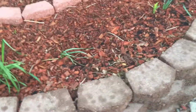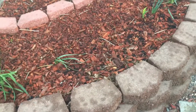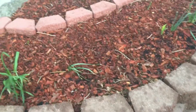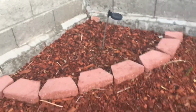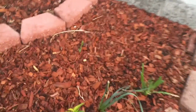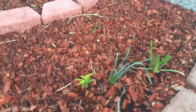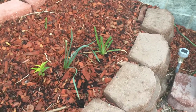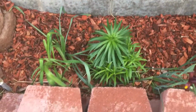Here we do have some bulbs, not too many. I did do a lot of her plants from divisions of mine, or when I order I try and get a little extra. You can see there's a couple daylilies about to pop up. Here we have the beginning of a little rose mallow, so that will get big. There's another one on top that gets huge. That's why there's nothing else up there. You can see another rose mallow on this side, and some lilies and daylilies, and a couple daffodils that already did their thing. Again, more daylilies, daffodils,